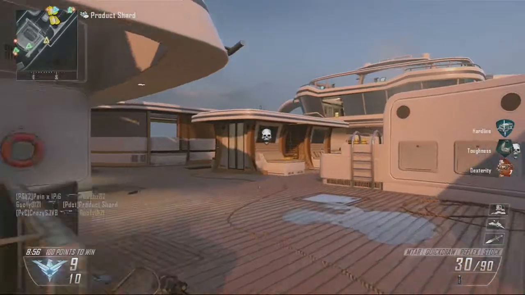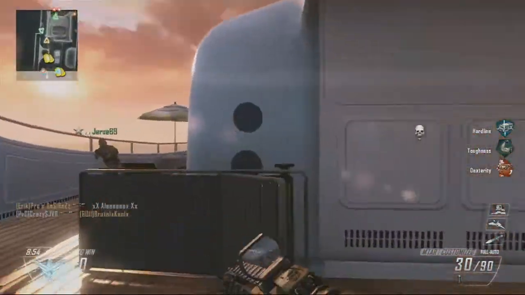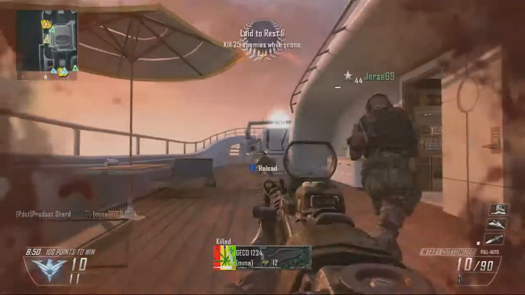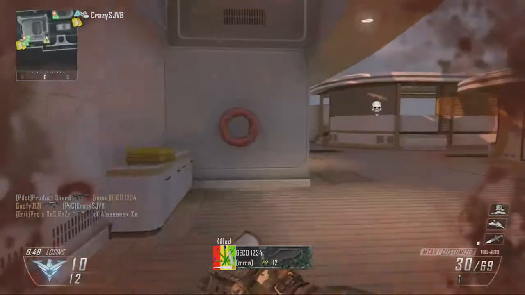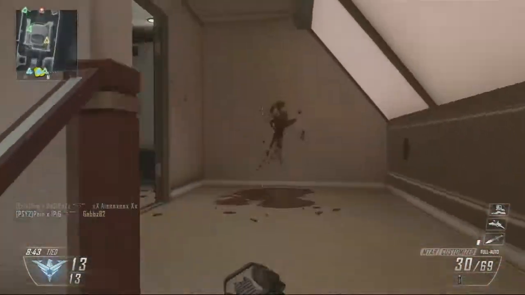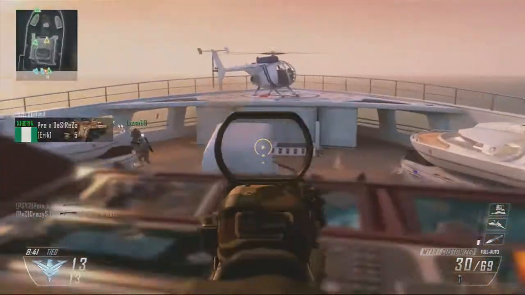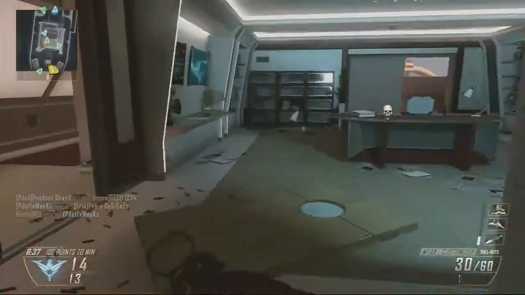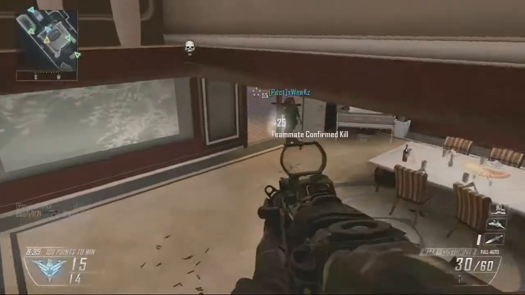So yeah, select fire isn't something you want to use. The ACOG sight is a bit pointless, especially when you unlock it. You'll also have the reflex sight, which is much better in my opinion. The ACOG can be useful, but with this gun,